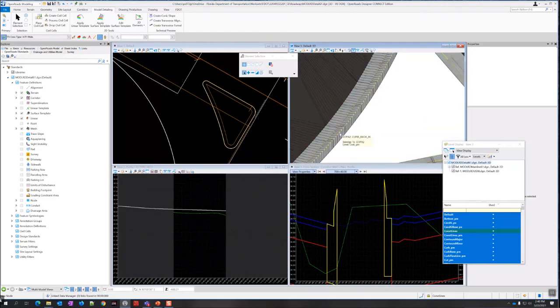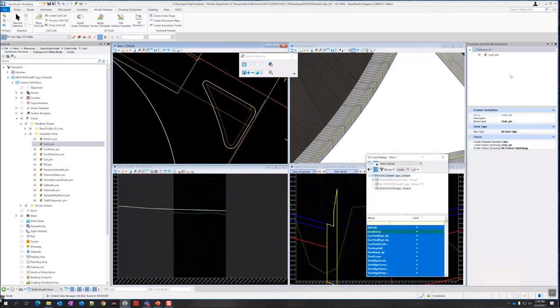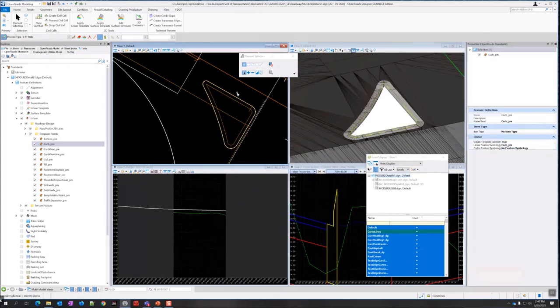So it's curb_PM. If I go over here to Explorer, go to Open Road Standards, go to Linear under Feature Definitions, go to Roadway Design, go to Template Points, and right-click on Curb PM, choose Properties. Or if you already have it open, it's fine too. Set this option to create template geometry, set it to true, from false to true. Remember, it's not going to update anything until we reprocess that. So if I come over here to the corridors tab, I can reprocess the corridor.